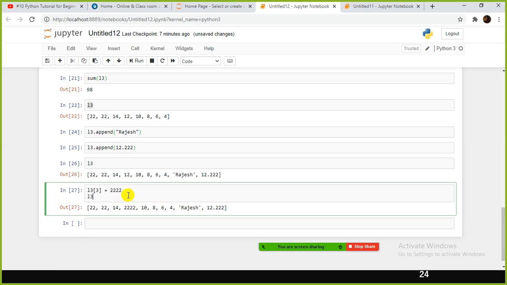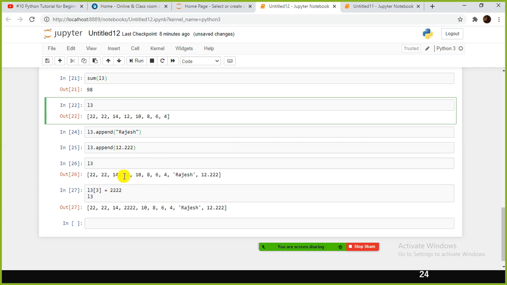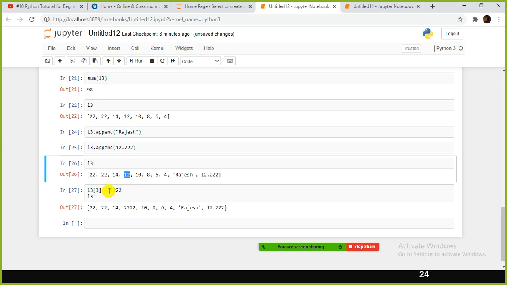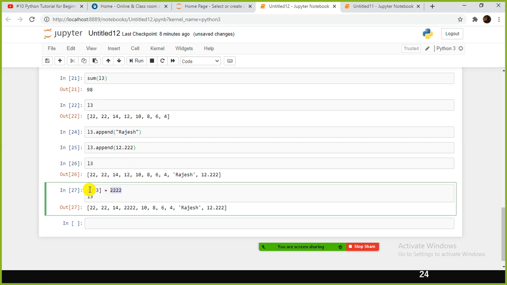So you can modify the value, you can delete the value, and you can insert the value using the append function. So all the CRUD kind of operations you can perform: insert, update, delete. This is updation, right? I modified the 12 by assigning a value to this one.